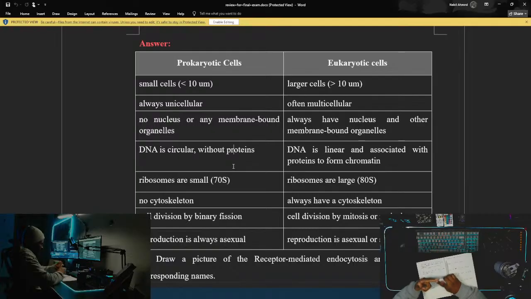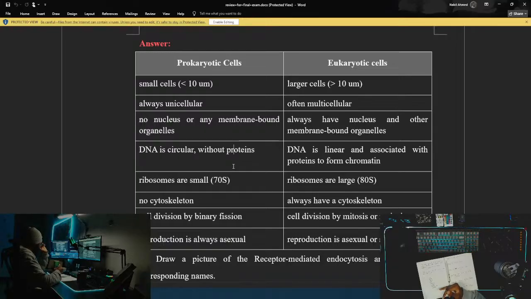Size, whether they're unicellular or multicellular, membranous organelles and nucleus, DNA, ribosome size, cytoskeleton, cell division, and reproduction. So size, multicellular, membranous, DNA type, ribosomes, cytoskeleton, and